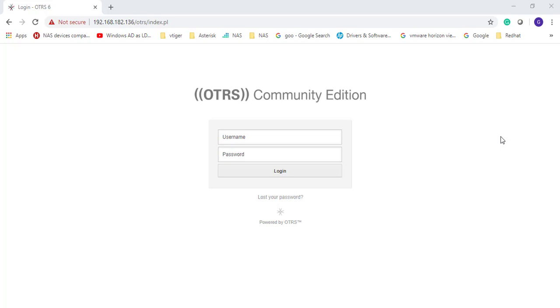We have configured agent login and group synchronization with OTRS. Our next step is to configure customer LDAP authentication. So let's get started. First of all, we have to log in with the admin username and password